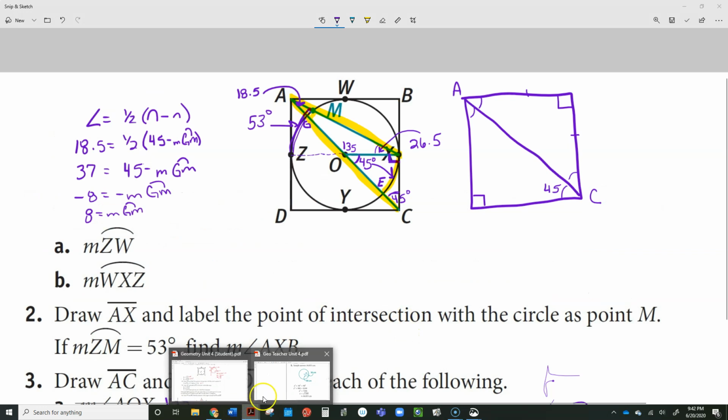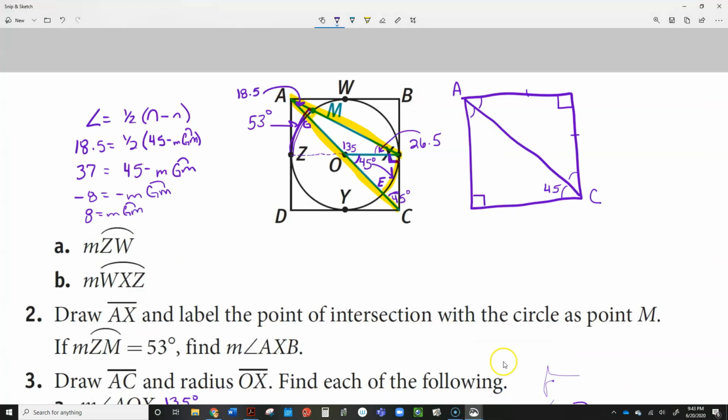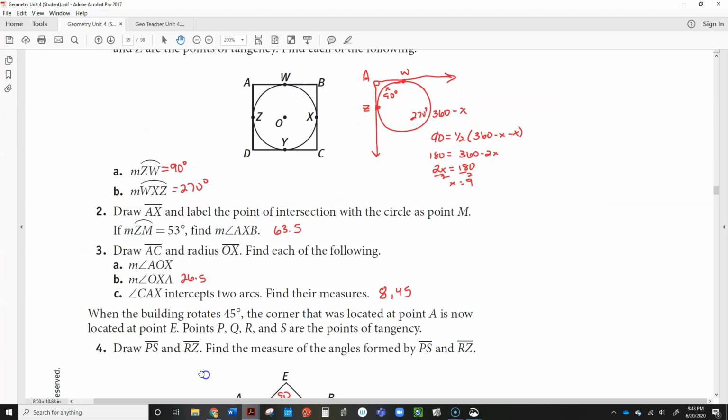Okay, back to this one. So we found all of those. This one was 26.5, and this one was 8 and 45. And what was AOX? I don't remember. 135. That one was 135. Okay, now we come down here and it says,